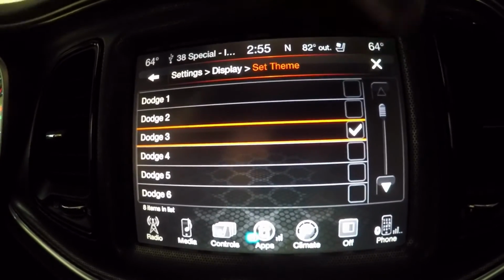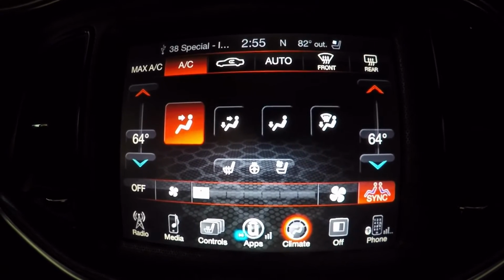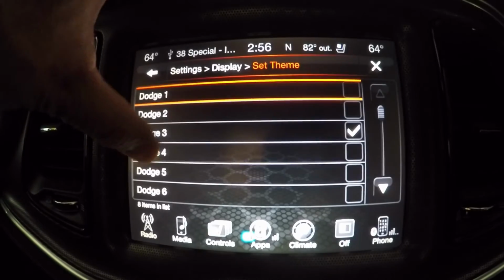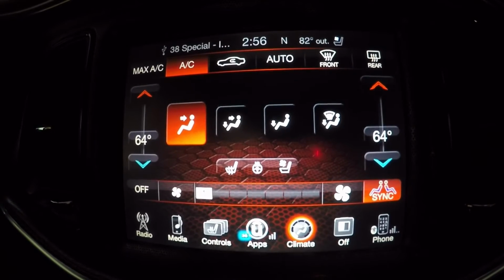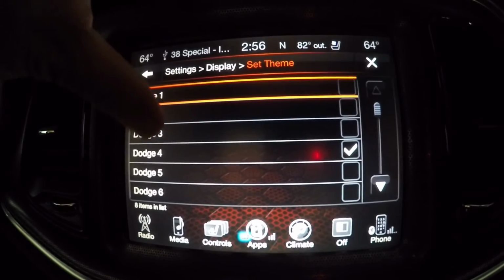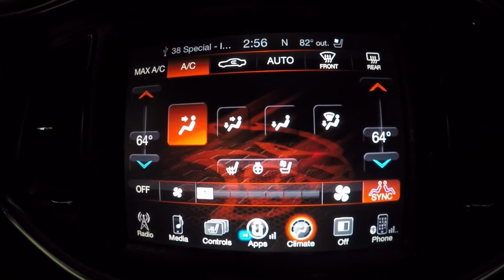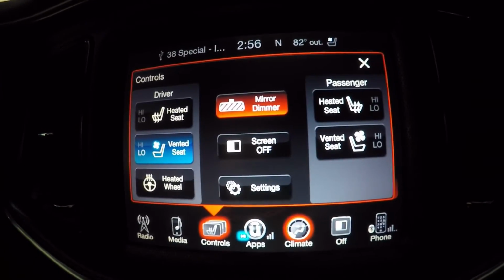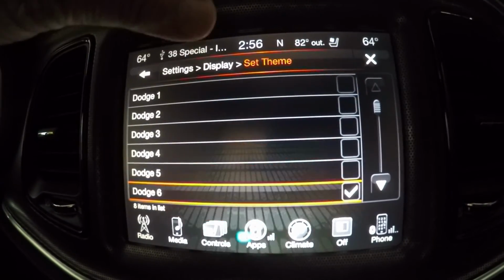Three. This is my favorite. It's a hectic mesh theme. Number 4 is the same hectic mesh theme, but in a very, very brilliant red. Now number 5 is the red hectic mesh theme with the Hellcat symbol embossed over the top of it. Number 6